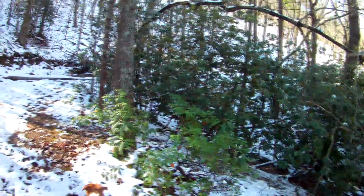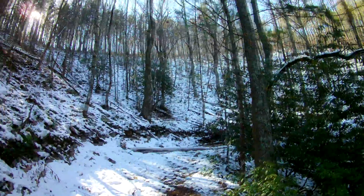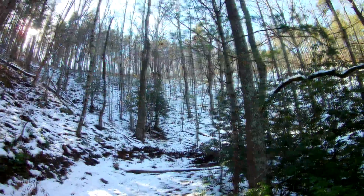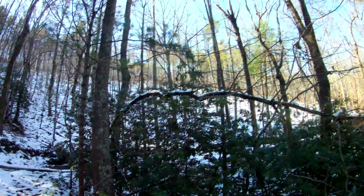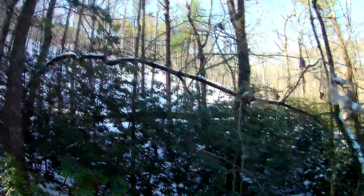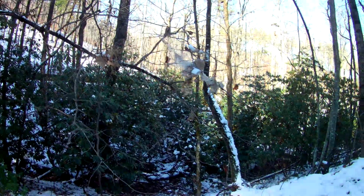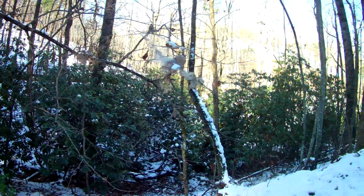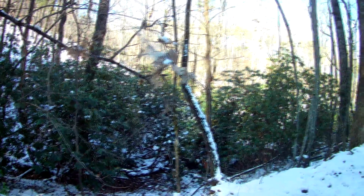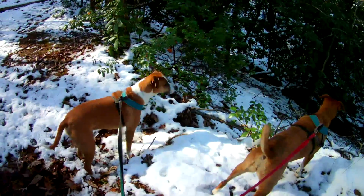So I'm a little more than halfway to my destination. On this side it's dark, so there's some pretty decent snow cover. Nice little area. There's a lot of noise going around with snow falling off the trees. There's a lot of popping, a lot of thuds. So that makes it a little hard to listen for wildlife, but we got our ears on and